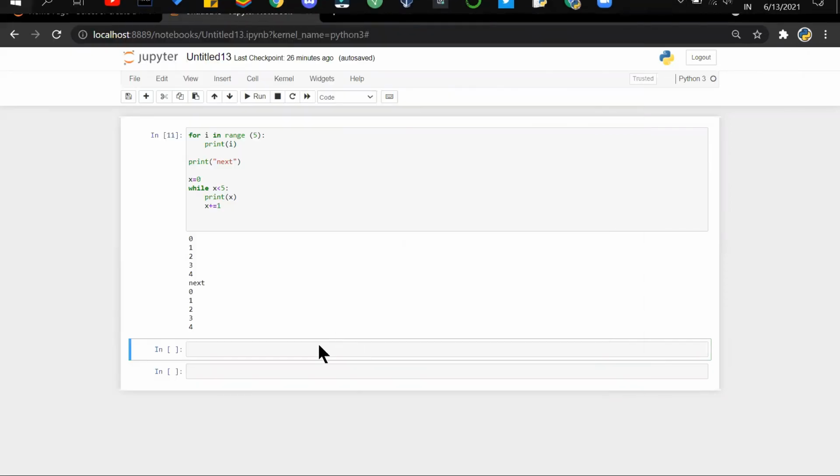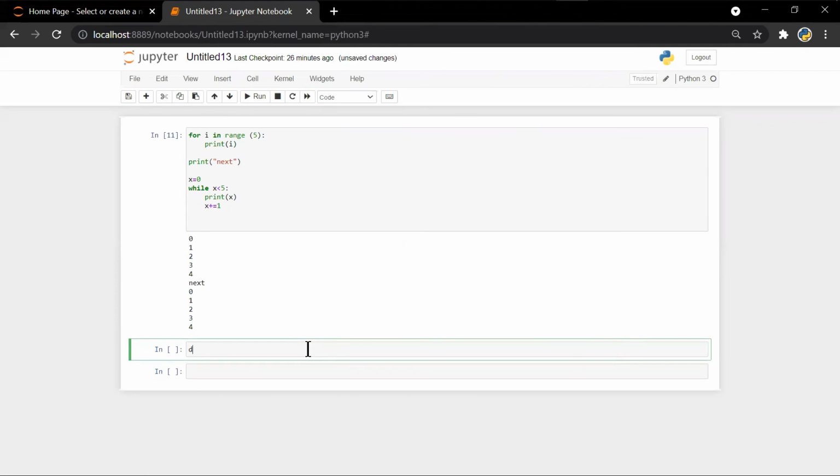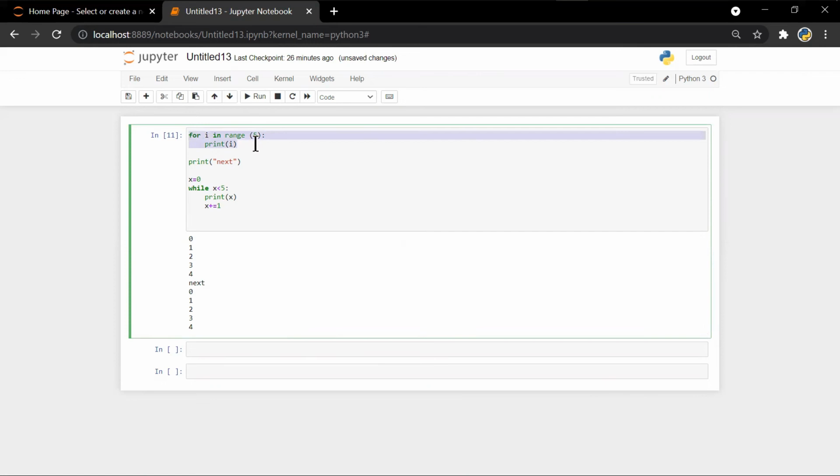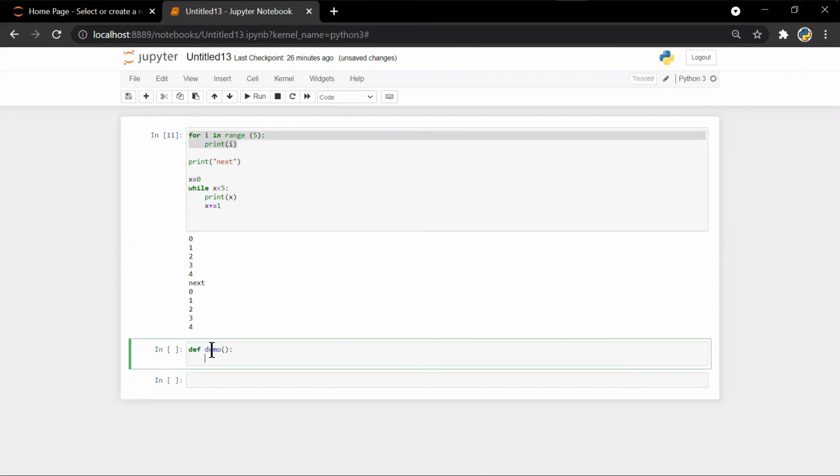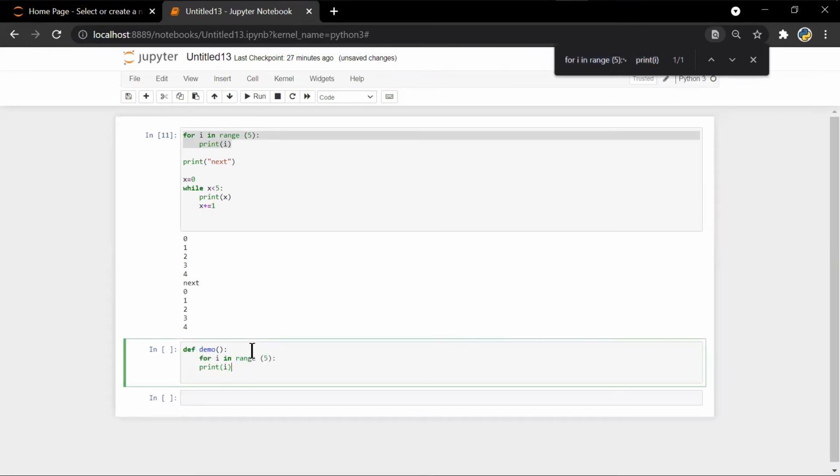Wait a second. Yes. So whenever you create a function, you create this full program here. I write def demo, with nothing in the parentheses, and paste this thing here.